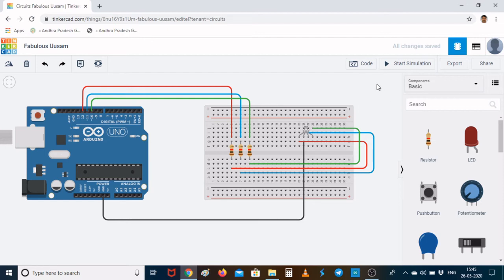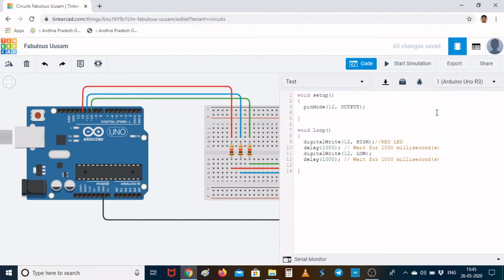So now let us see how we write the code for blinking the LED. Here in the code, you can see two functions, basically a void setup function and a void loop function. As I already mentioned, void setup is used for setting up the microcontroller, and void loop is going to execute the statements indefinitely.